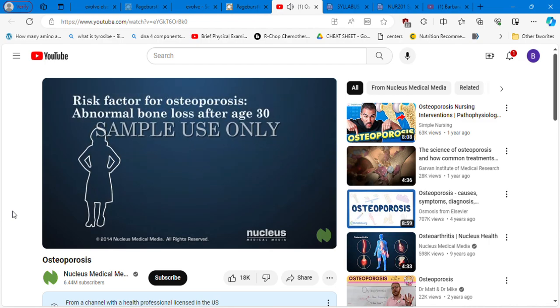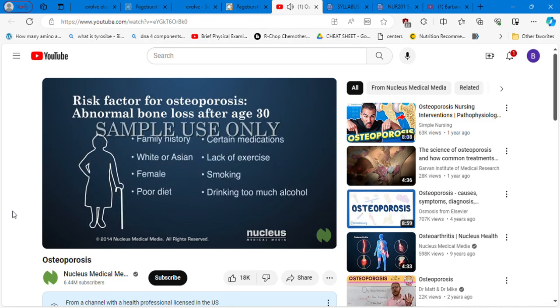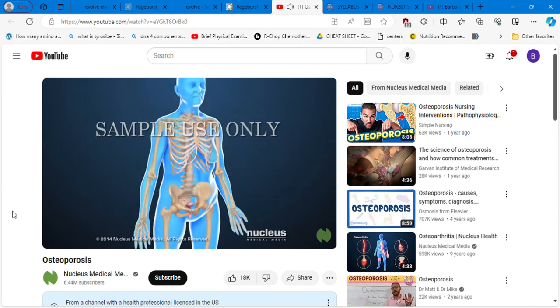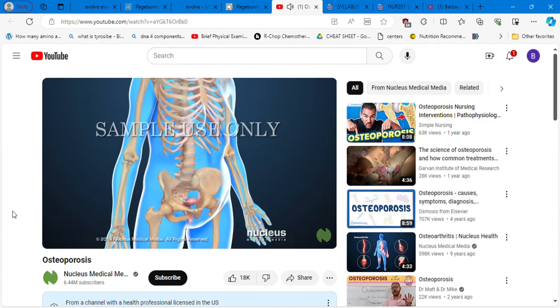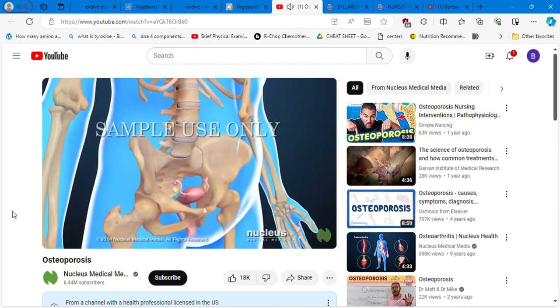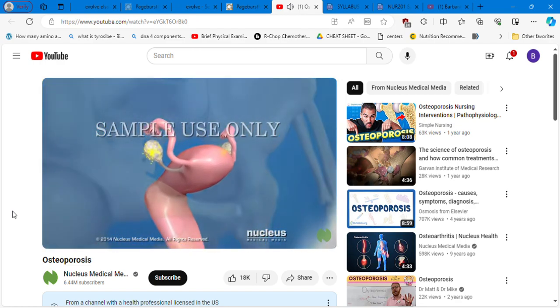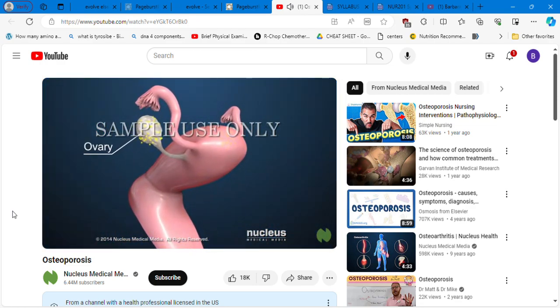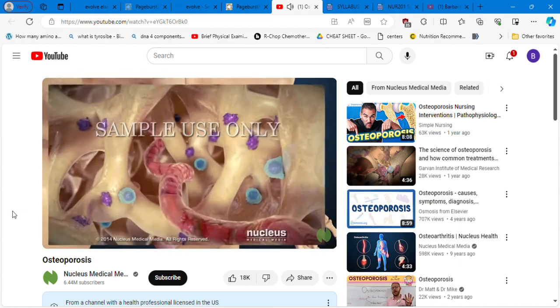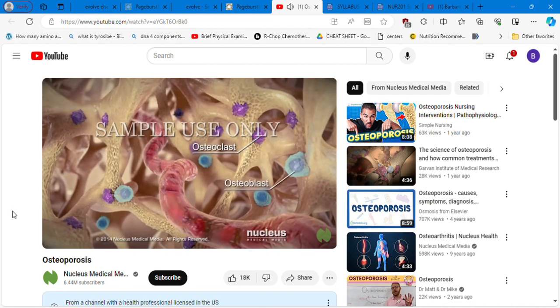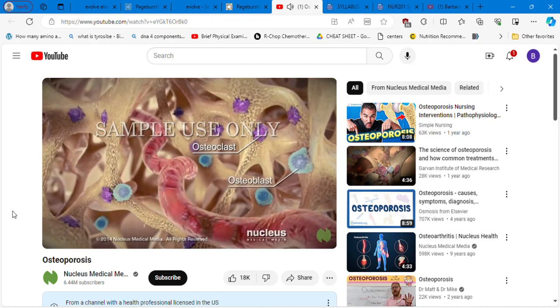A person also has a greater risk for either type of osteoporosis if they have an abnormal amount of bone loss after age 30. Some bone loss is normal after this age. However, a person with the same risk factors for low peak bone mass can be more likely to get osteoporosis as they age. Increased bone loss is also common in women after the time of a woman's last period, called menopause. After menopause, a woman's ovaries stop making the hormone estrogen. With the drop in hormones, bone-removing cells, called osteoclasts, are more active than the bone-making cells, called osteoblasts.